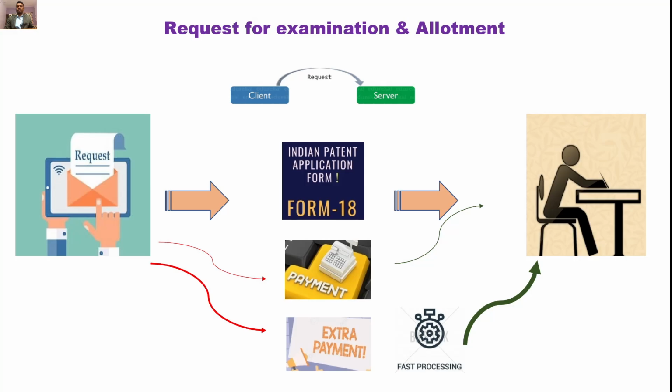If by reading your clarifications or justifications the patent examiner is satisfied and convinced, then the patent examiner can straight away grant you the patent. But if still not satisfied or only partially satisfied, then the examiner will invite you. You will be invited for a face-to-face discussion with the examiner or with the controller through a video conferencing mode.